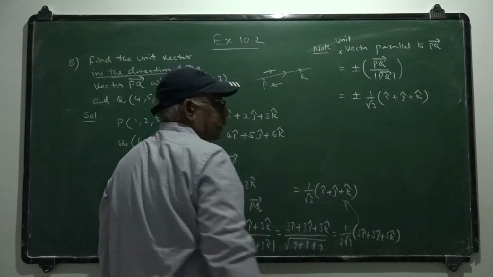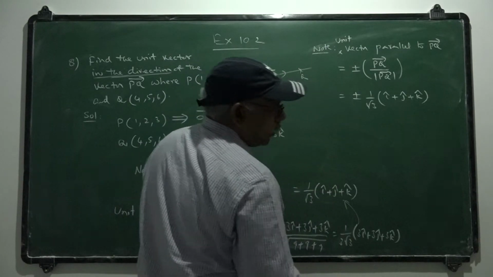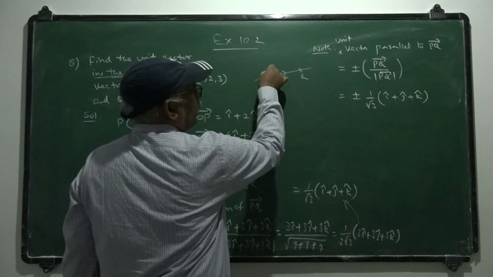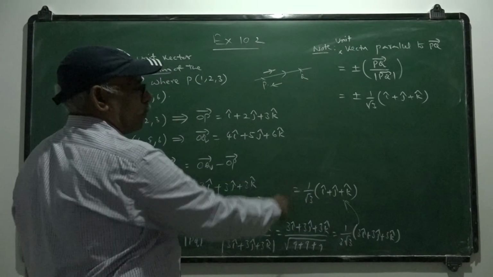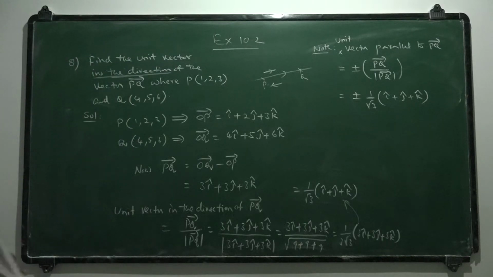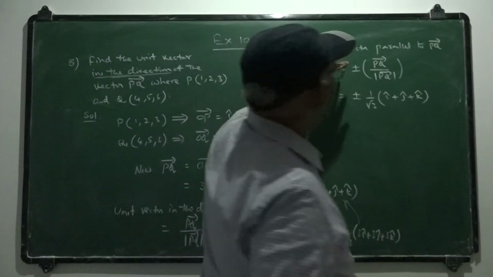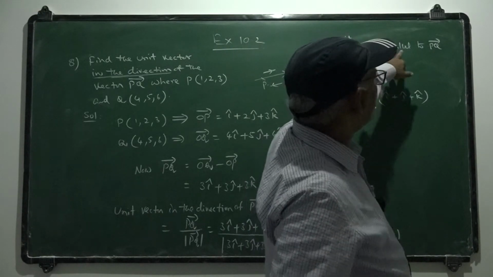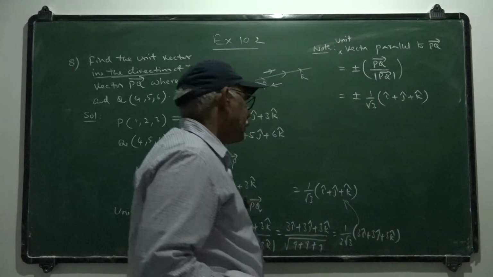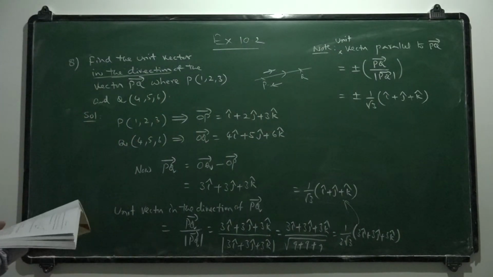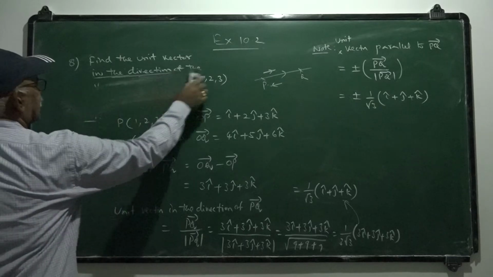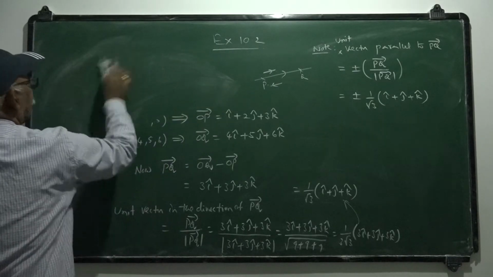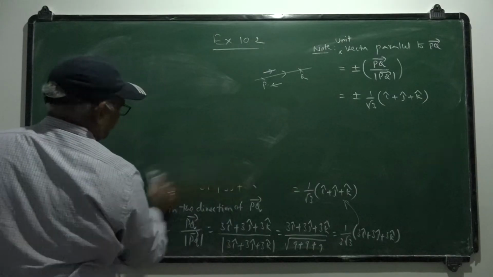The unit vector parallel to this vector means it may be in the same direction or it may be in the opposite direction, parallel in the sense. But whereas this one is in the direction of PQ itself. Whenever you take plus, we get the unit vector in the direction of PQ itself. A slight difference between these two. Once it asks for the unit vector parallel to PQ bar, take plus or minus, since a parallel unit vector is needed. That is the difference between the unit vector in the same direction and the unit vector parallel to the given vector.